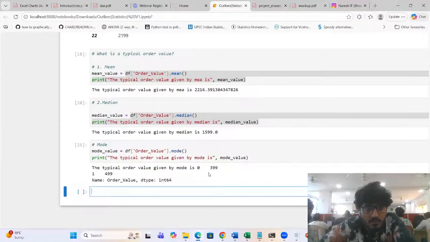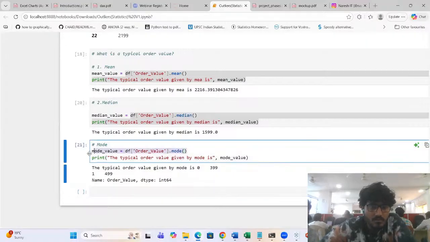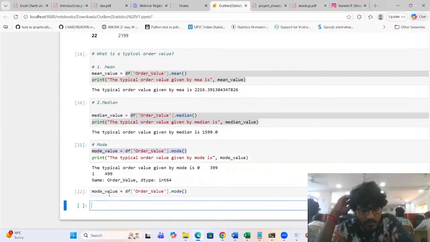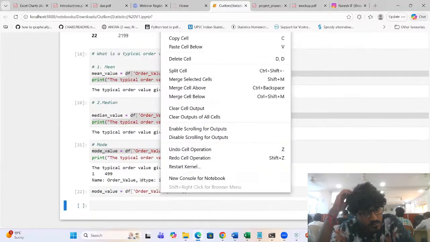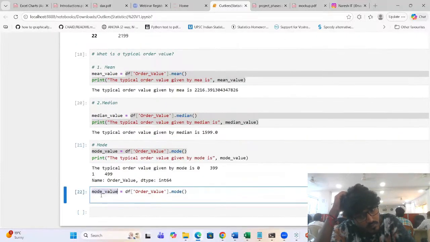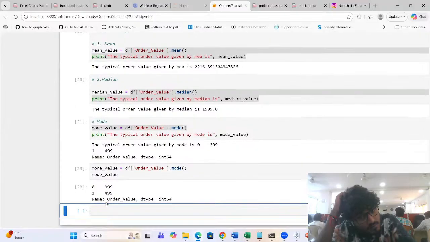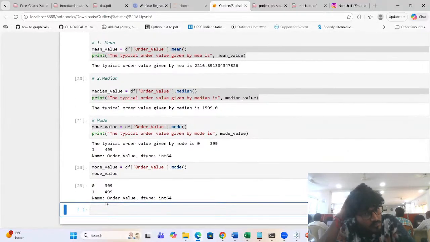See guys, the problem with the mode is, for example, let me print here. Whenever you calculate mean or median, you get the single metric directly as an output. You'll get the value directly. But when it comes to the mode, mode is a function which will give you the output of